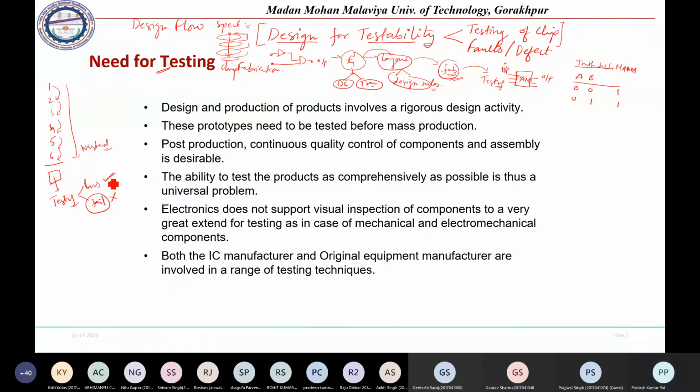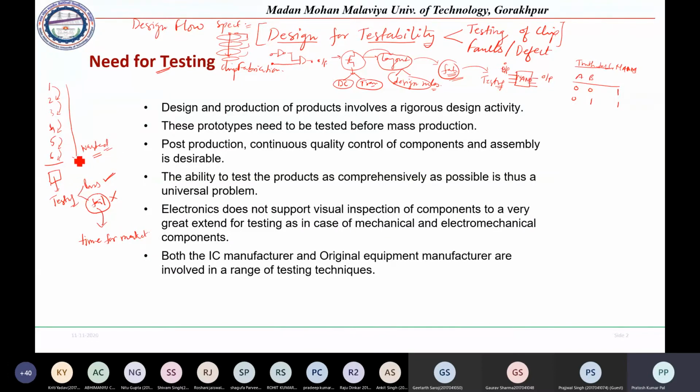So all the time that we have consumed, all the production money, whatever cost we have borne going through these steps, we have just wasted all the money and time also. So we would not be able to launch our product into the market within time. So that is one thing.